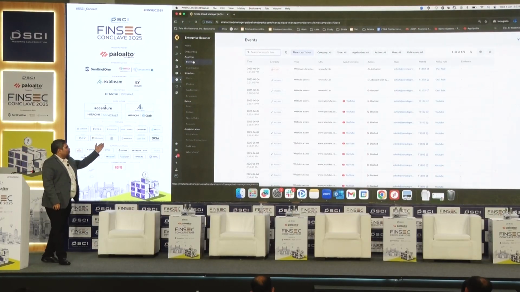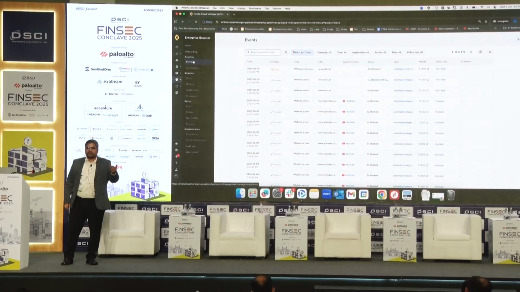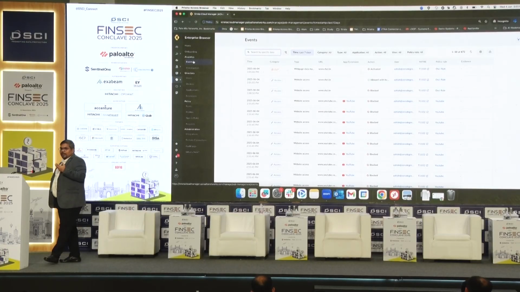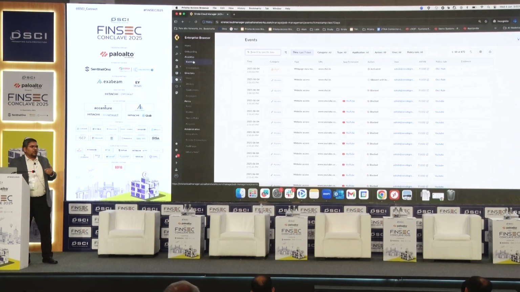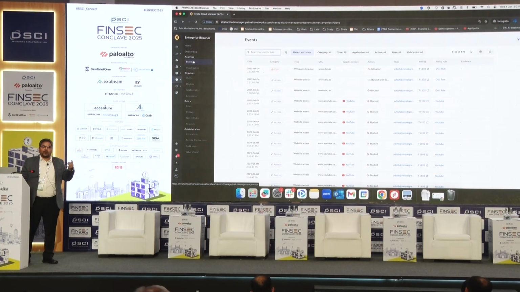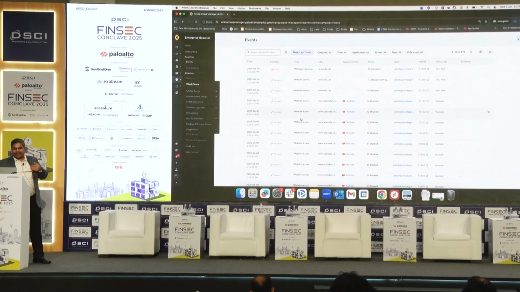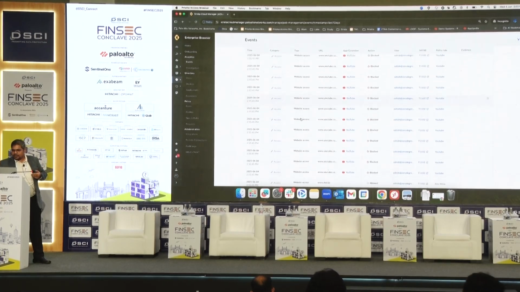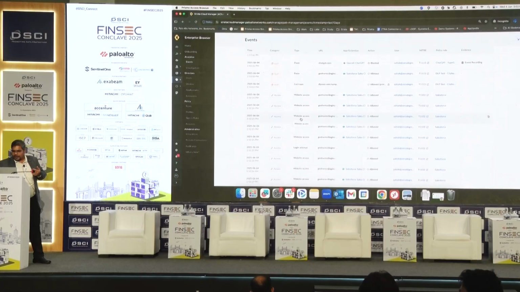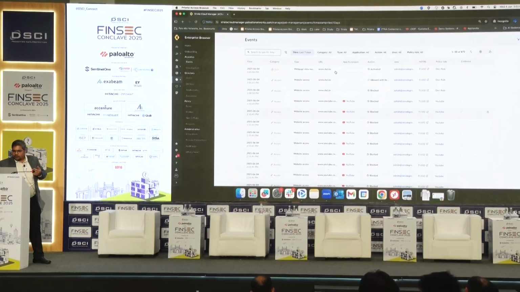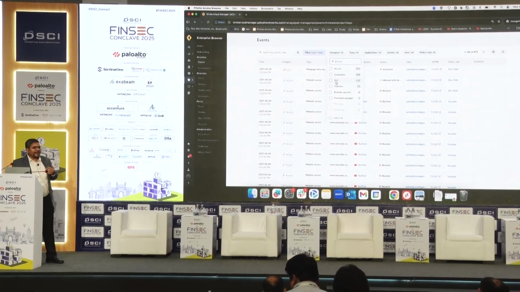Remember, this could be deployed on an unmanaged machine, an unmanaged system as well. Now, when I'm deploying this on an unmanaged system, you don't have your DLP, you don't have your endpoint protection, you don't have your URL filtering agent or SSE agent. This browser can provide all the telemetry that you need from an unmanaged device, a call center device, a BPO device, right? It could also, from your endpoint, give you all of the visibility that you want. As you see all of my activity that has happened here, what I will do now is filter on DLP activity,